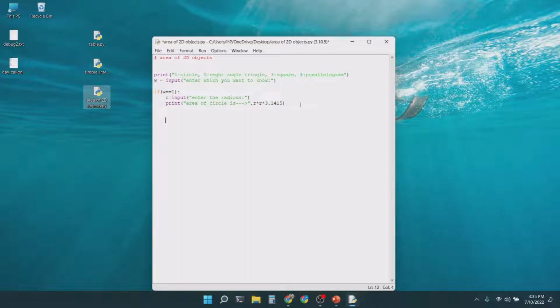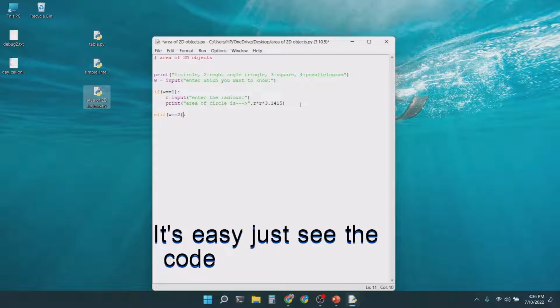We have written 1. Then here we will use elif. In different programming languages it's called something like else if, but in Python we call it elif. If we write W is equal to 2, then